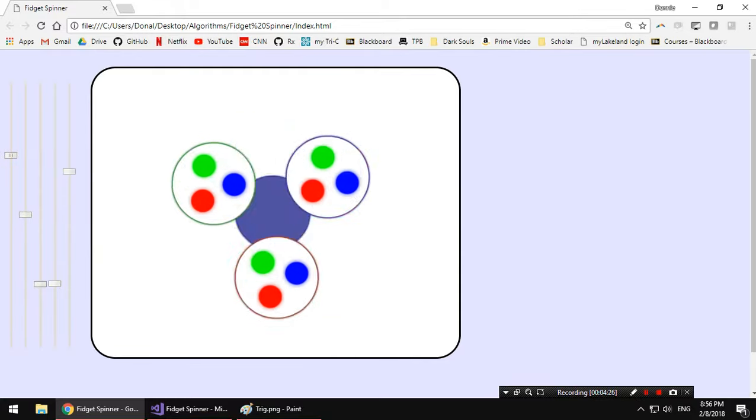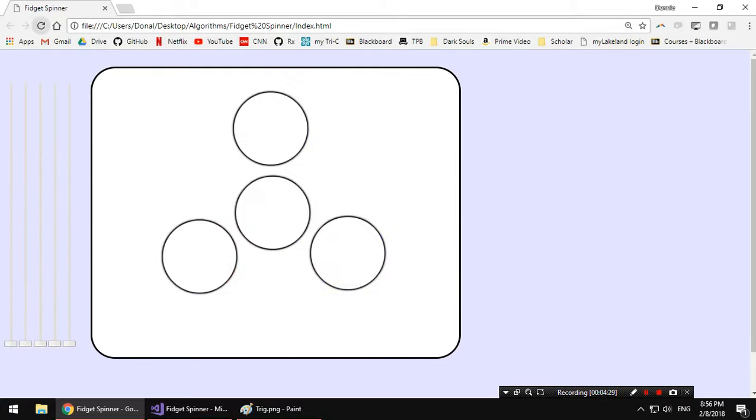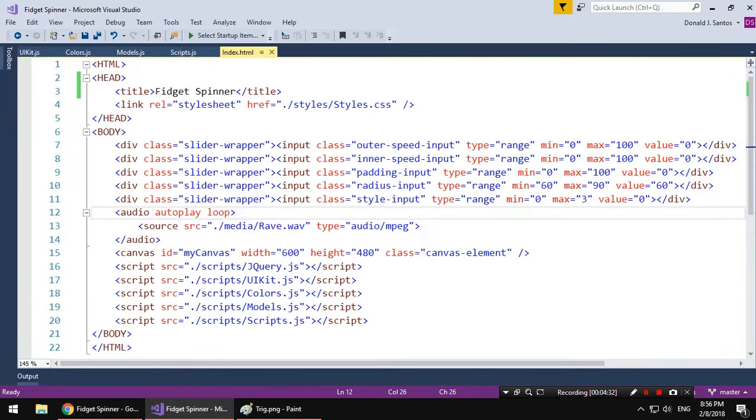So before I show you the finished product, I'm just going to reset that and dive into the code to show you how I did this. It's actually really easy. Like I said, you can make your own video game in pretty short order. So let's look into the code. I started by,